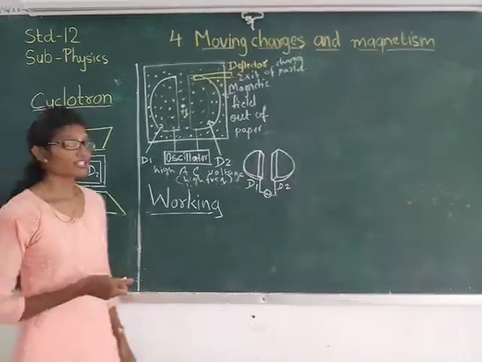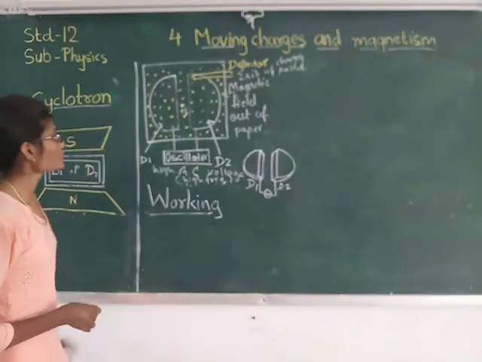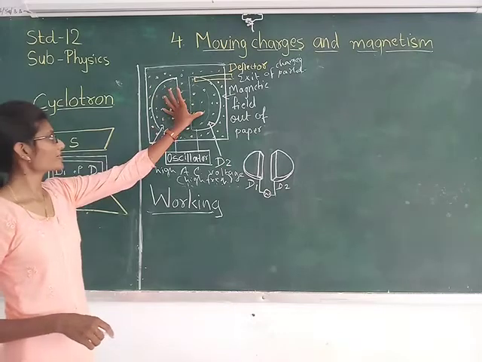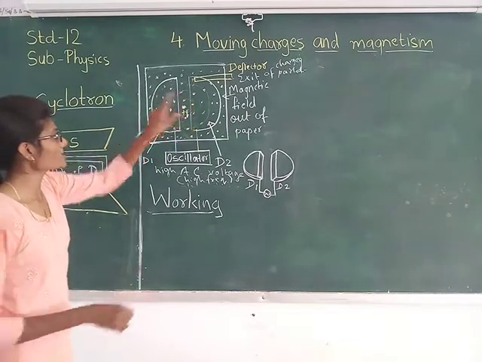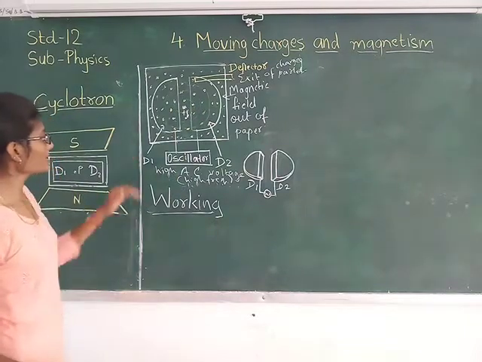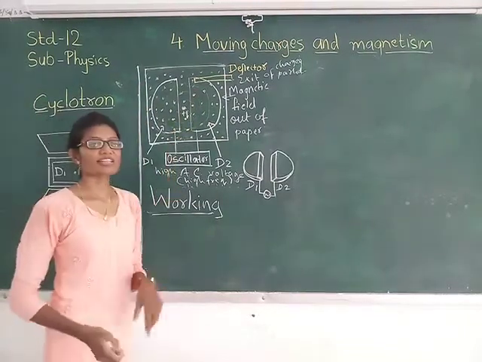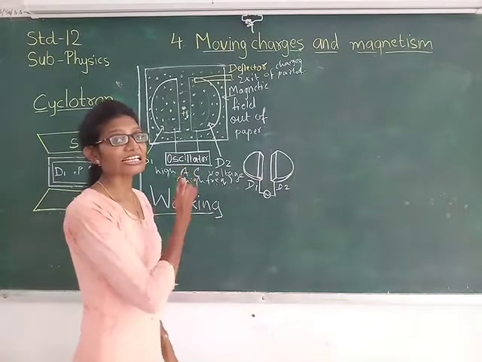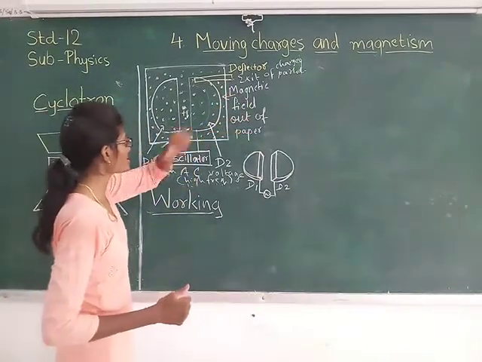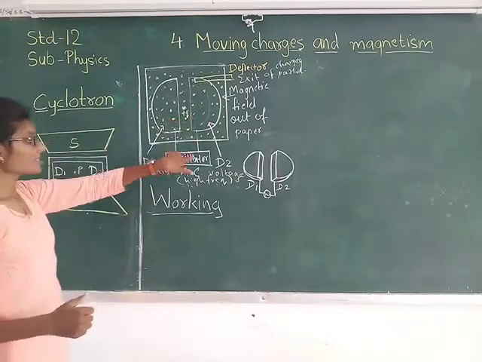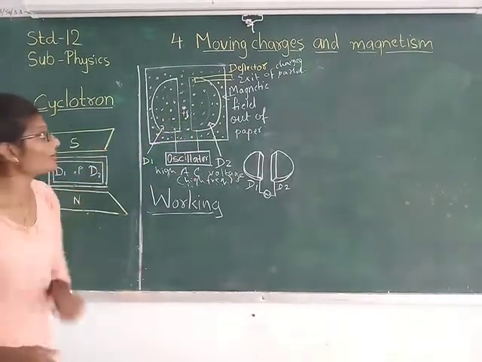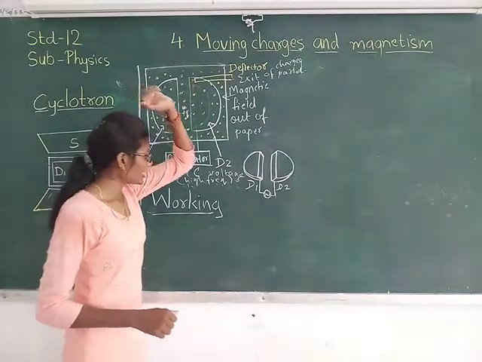Now let us see how this cyclotron works. Now see, you have understood the arrangement. Here we are having the semi-cylinders, right? Here we are having 2 Ds. At the center we are having the beam of the charged particle, right? And this dot indicates what? That the magnetic field lines are outwards, right? As I have already written over here, magnetic field lines are out of the paper. These 2 Ds are connected to the oscillator. At the center we will be having the charged particle, and here we are having the deflector.